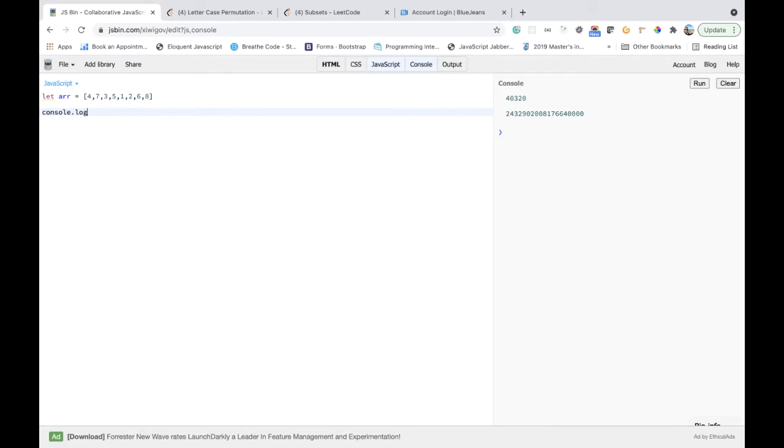can do console.log r.sort, and this will sort the array for you, right? So you will get the result here. But for an interview, if you are asked to do sorting, how would you sort this array? One common way of doing this is bubble sort, right? With bubble sort, you need to do a nested loop that compares this number with this number, and this number with this number, and then 3 goes here, and 7 goes there, and you keep looping that. But that means you're going to have a nested loop, which, depending on the size of the array,